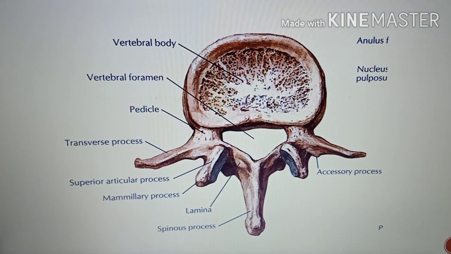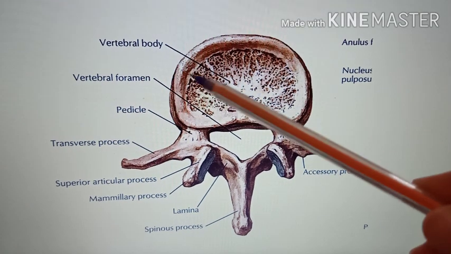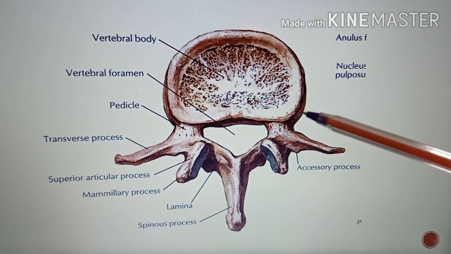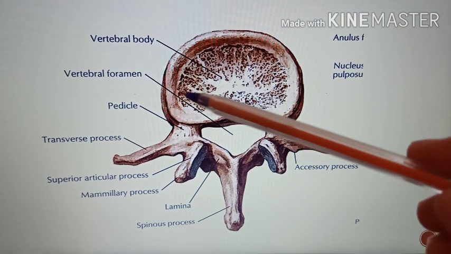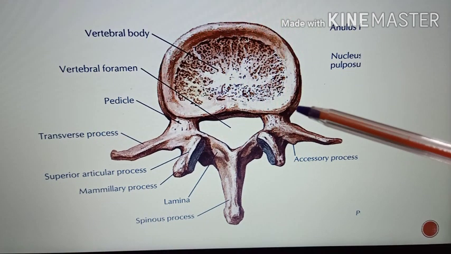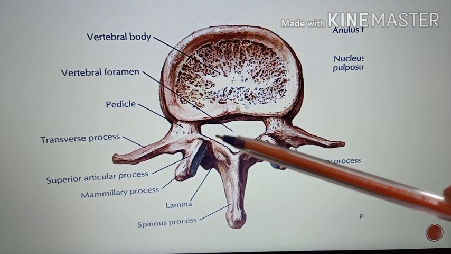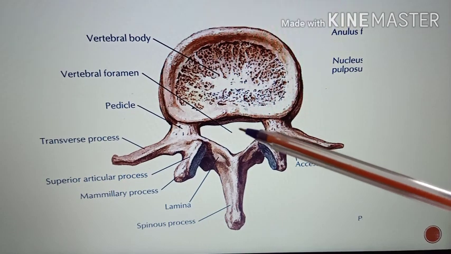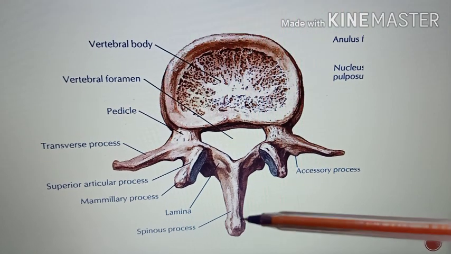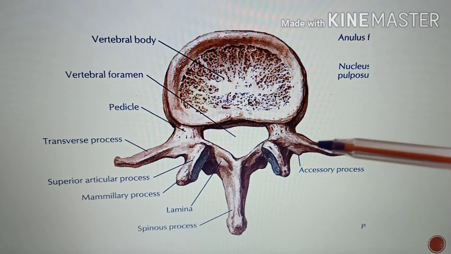So the identifying features for the lumbar vertebra: one is they have a massive body. Then absence of costal facets on the body. On the sides there will usually be the costal facets for the thoracic vertebra for the attachment of ribs. Here there is absence of costal facets. Then the vertebral foramen present here is triangular in shape. Then the spine is quadrangular in shape. Then absence of foramen transversarium in the transverse process.